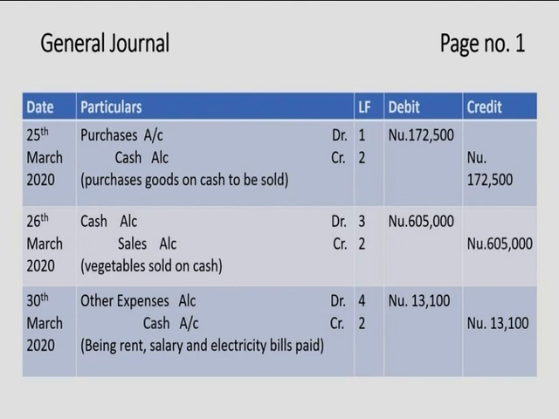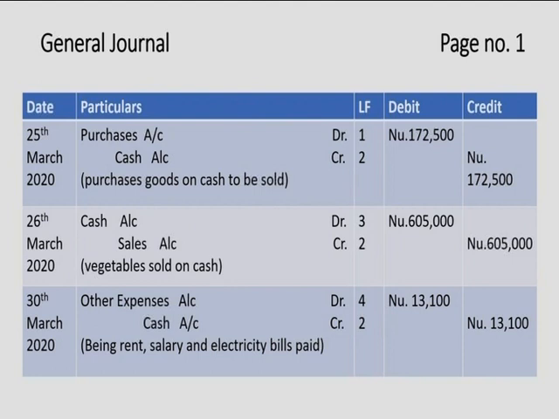So for the transaction on 25th March, when they purchased, the entry will be purchases account debit, cash account credit. I have added up all the purchases, which amounts to 172,500. So he has purchased vegetables worth a total of